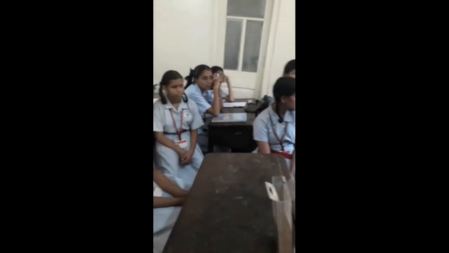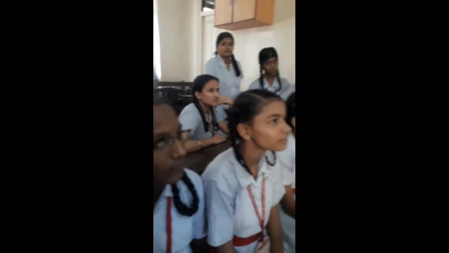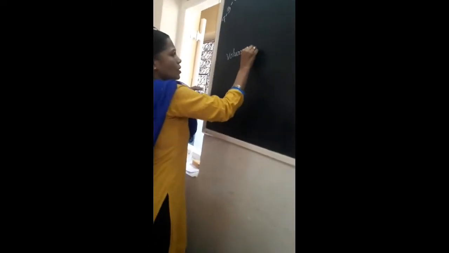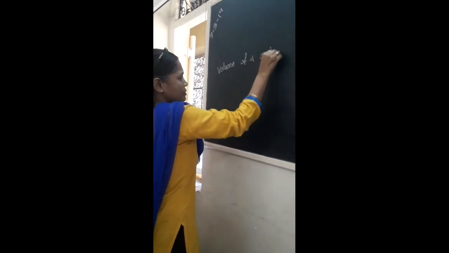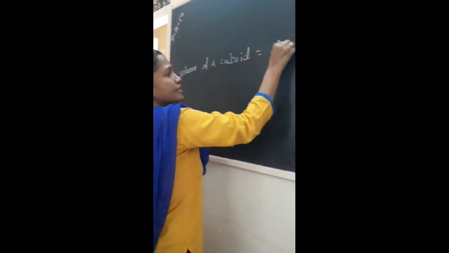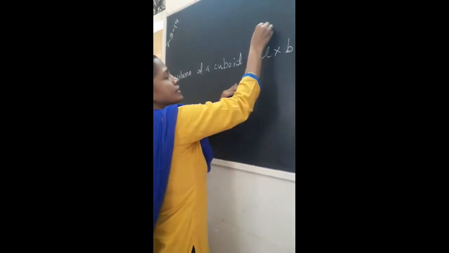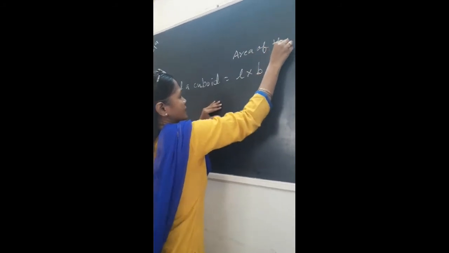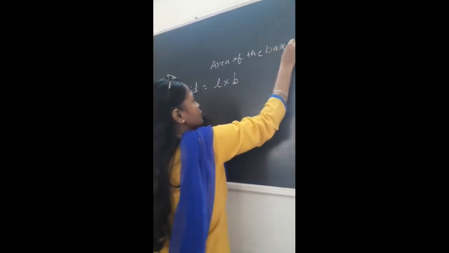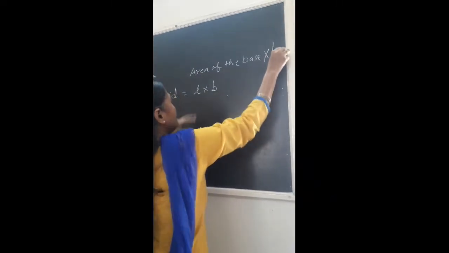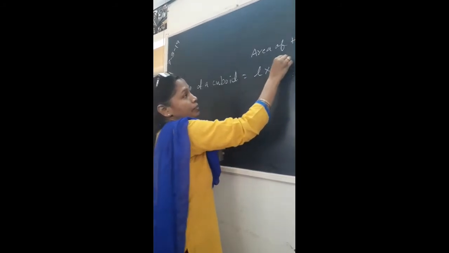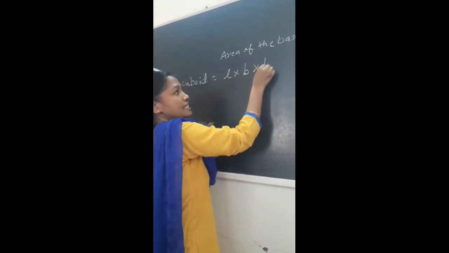Yes. Then what is the formula? There is the chalk. Okay. Then volume of a cuboid is equal to length into breadth. That means what? It is the area of the base. Area of the base into its height. And you know the base is a rectangular shape, so the formula of area of rectangle is length into breadth, and into again height. Height means h, its height.